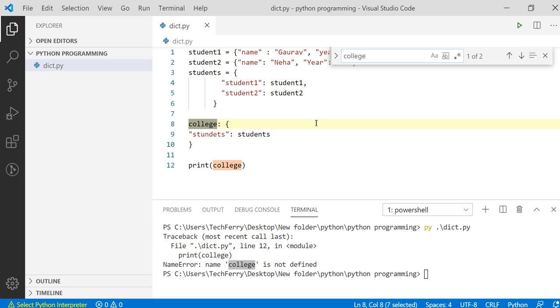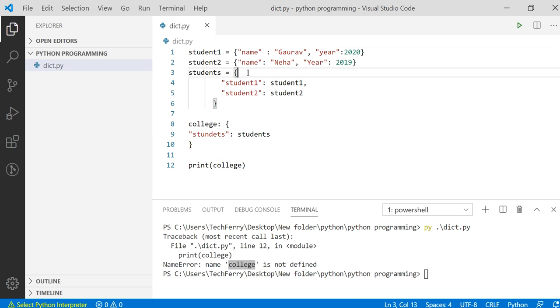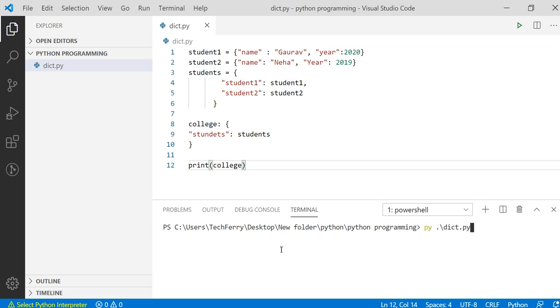Why is it not defined? Print. Okay, over here we have made a mistake, I guess. Okay, instead of colon we have to write equals to over here. Now if we print it,